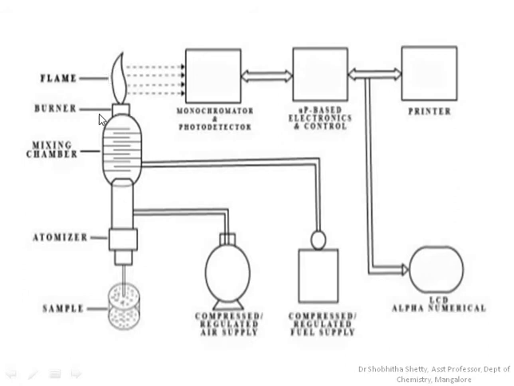Once the atoms or the elements interact with the flame, there will be thermal excitation of the elements to a higher energy level, and once they reach the higher energy level, they are no longer stable at that stage. So immediately they will return back to the ground state by emitting the extra radiation they have absorbed. The emitted radiation pattern is detected by this photodetector here. This is converted into an electronic signal, and finally it is displayed on the meter. So this is the instrumentation part of the flame photometer.